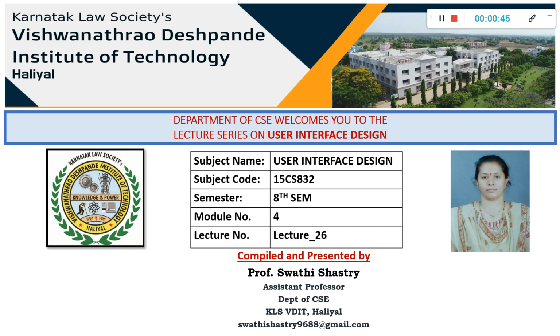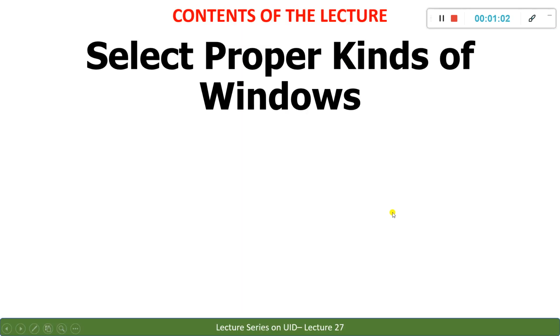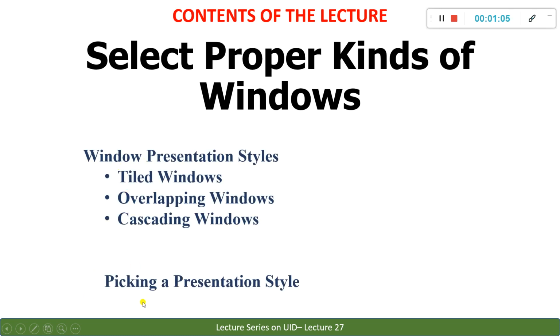So using the components, the windows will be designed, no doubt. So how should a window be represented is what we are going to learn. There are lots of kinds of representations of windows. We'll see which one is to be considered, how to pick them and all. So today's contents are how to pick a representation style for a window, how that presentation must be. To pick this kind of a presentation, first we need to know how many kinds of window presentation styles there are. There are usually three, and we are going to deal with all three. We'll see how they are.